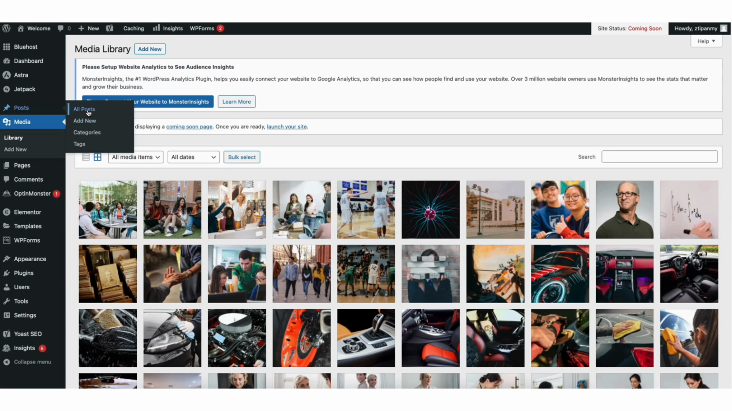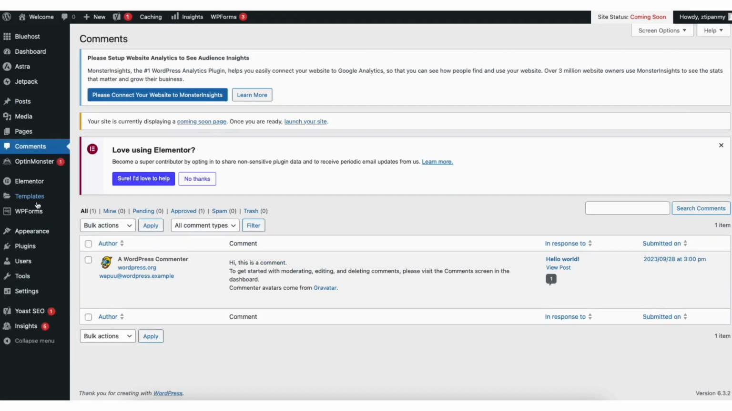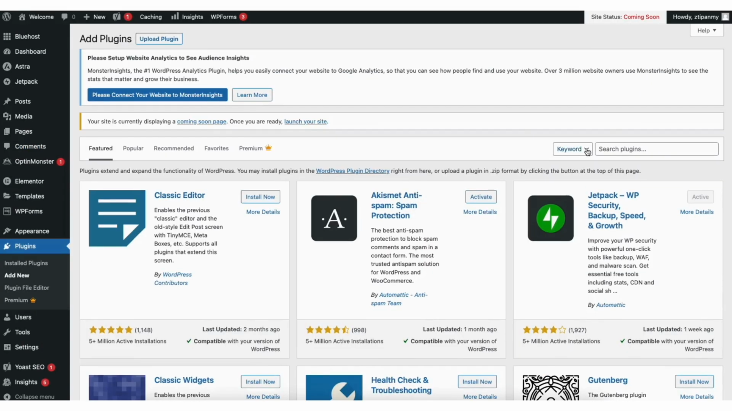If you click All Posts, it'll pull up all the posts you have on your site. If you click the Comments tab, you will see all the comments you have on your blog posts. You can easily reply, mark it as spam, or trash the comments. If you hover over the Plugins tab and click Add New, you can then search for or browse plugins to